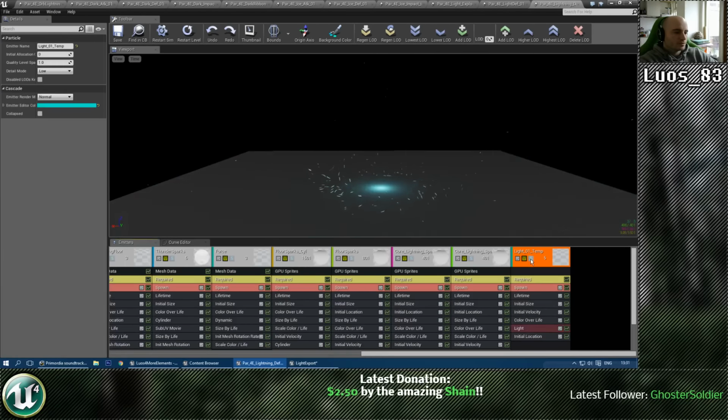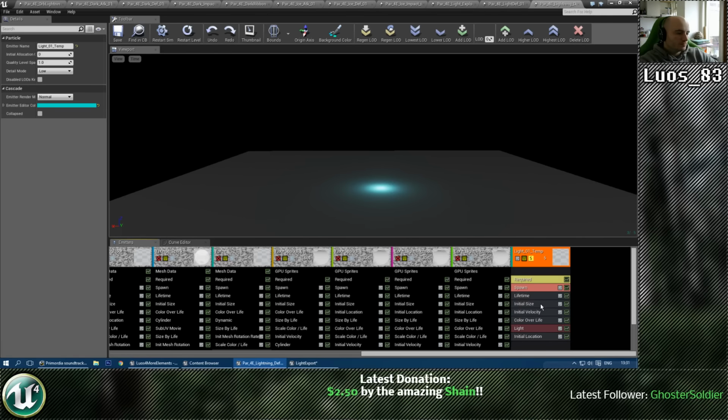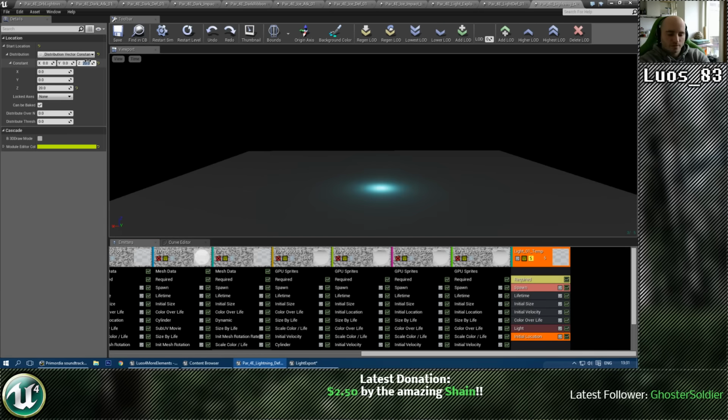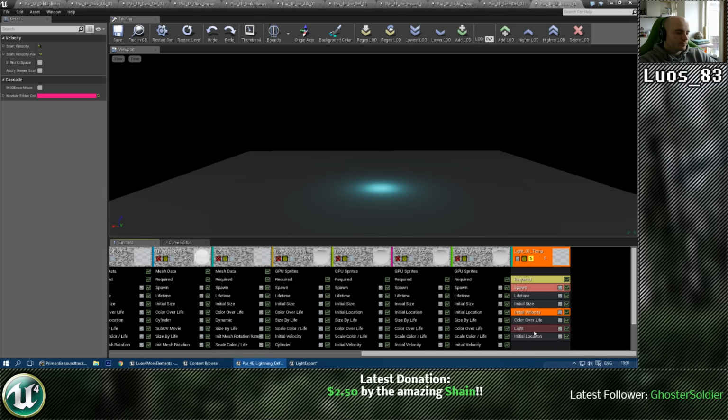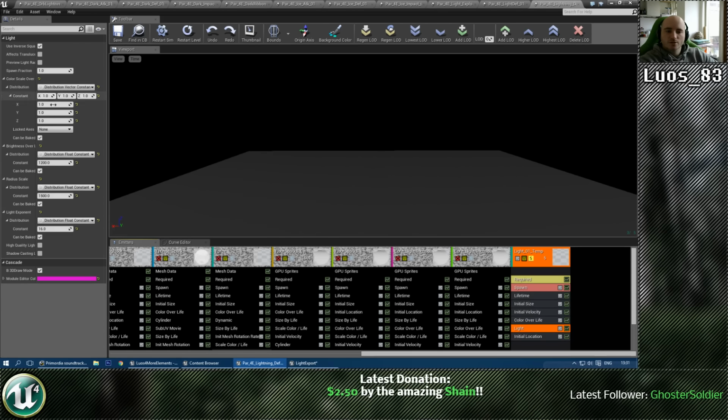Okay, I want to double check, let's just adjust the location a bit for this one. About 40. Wonder if that actually works. No, that doesn't have any impact. Okay. Go scale, yada yada yada, brightness. Okay, it's really only the brightness that scales. That should actually do some stuff, but